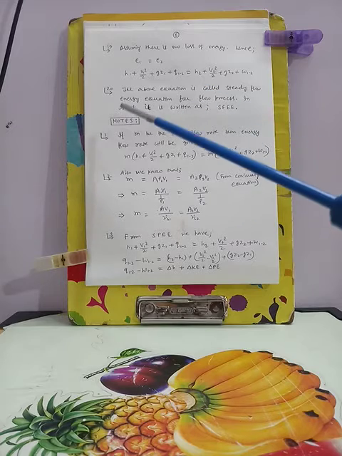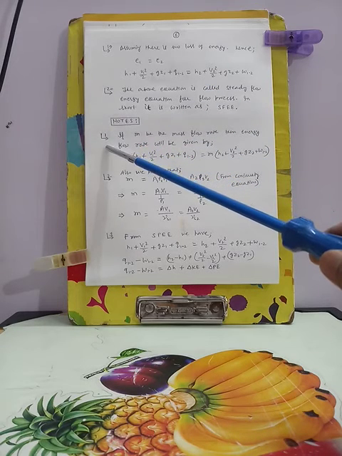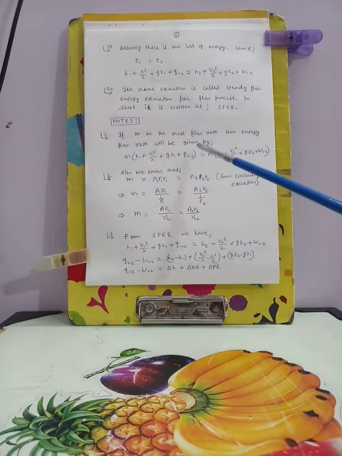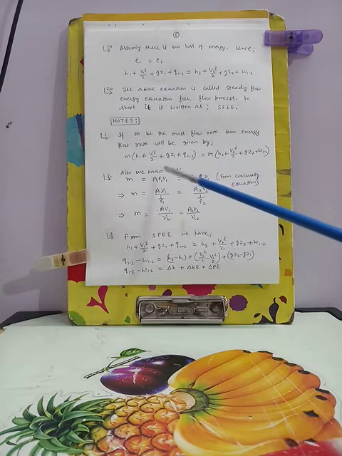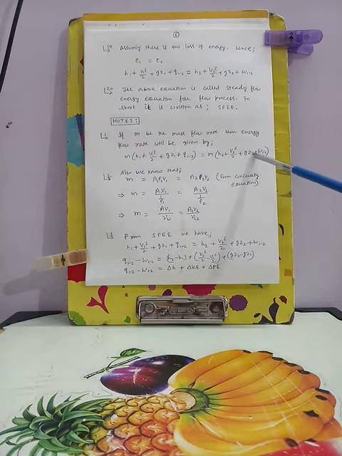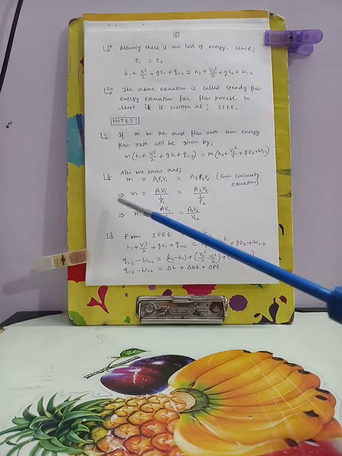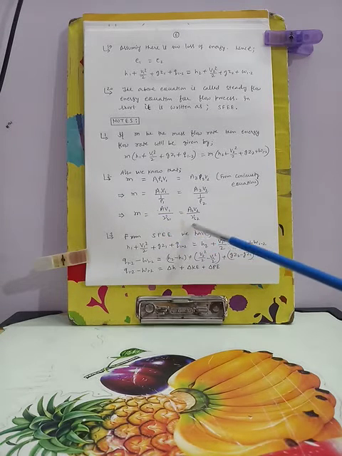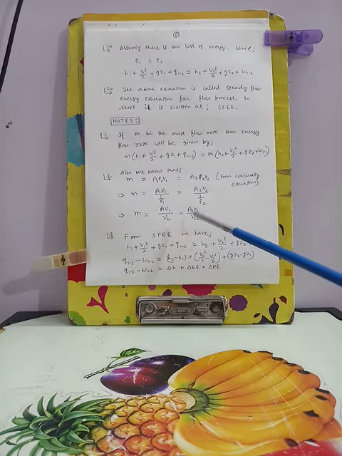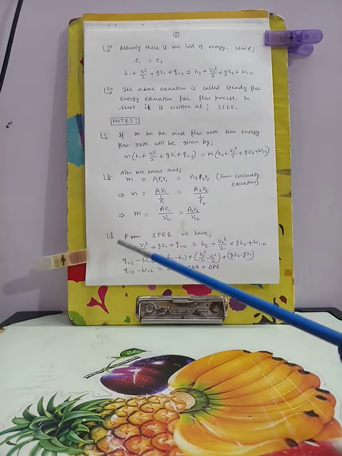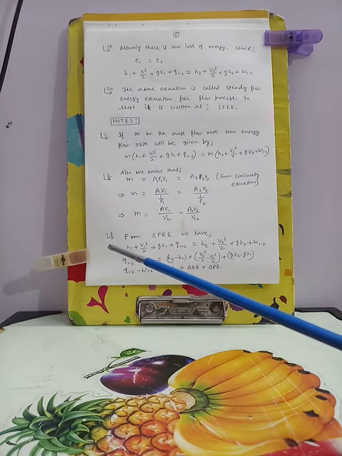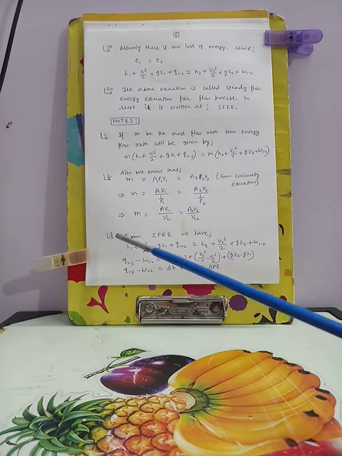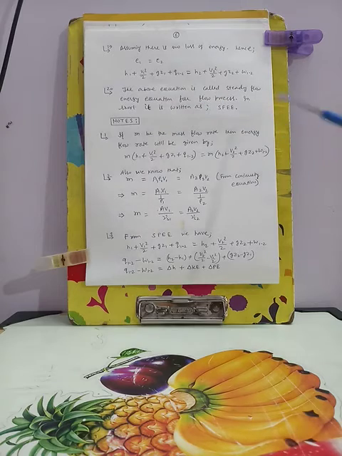So this is important note number 1, energy flow rate at inlet and outlet, and this is important note number 2, mass can be found out by this equation. And the third, very important note, we will standardize this energy equation further.